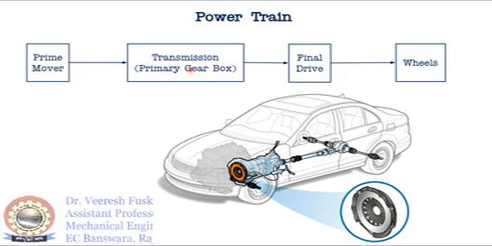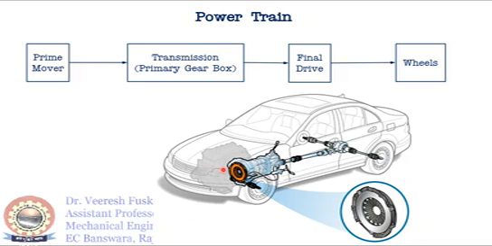In the transmission gearbox, the torque basically gets multiplied by the gear ratio. So you can see here that this is the prime mover or the engine to which the transmission or the typical gearbox is connected, and then from the gearbox the torque is transmitted to the final drive or the differential, and through the differential it is distributed to the wheels. So you can see here between the engine and the transmission there is this clutch attached.